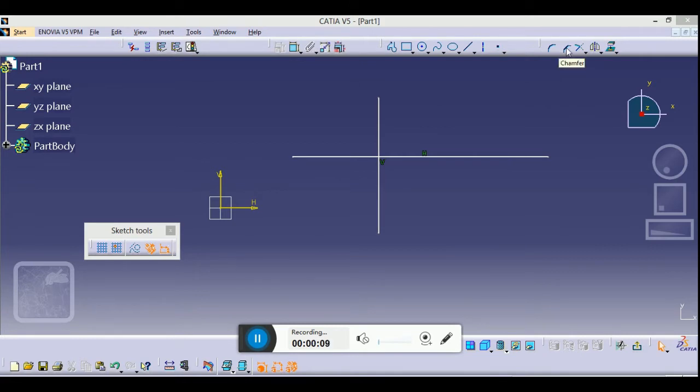Today we will be starting with the next tool, which is your chamfer. Sometimes the sketch needs this, because it is the same thing we do in 3D in a much easier way. But sometimes your 2D sketch also needs a chamfer so that you can easily relate it to the actual 3D models.